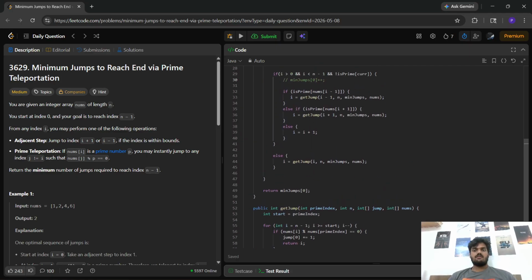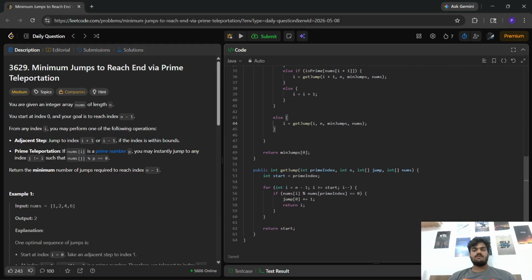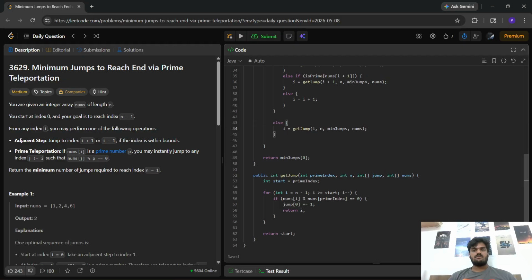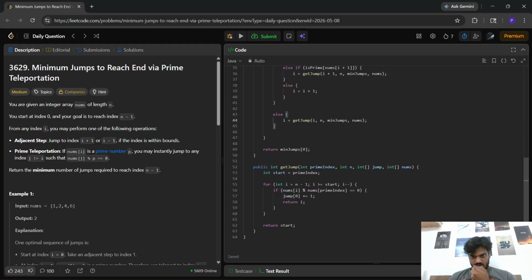Okay, if this is a prime number, you try to find the next prime number. Hmm. If I get a number,